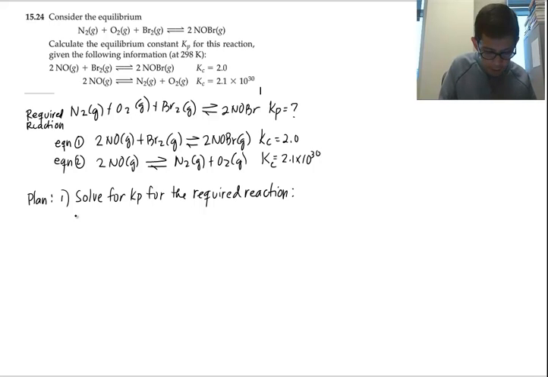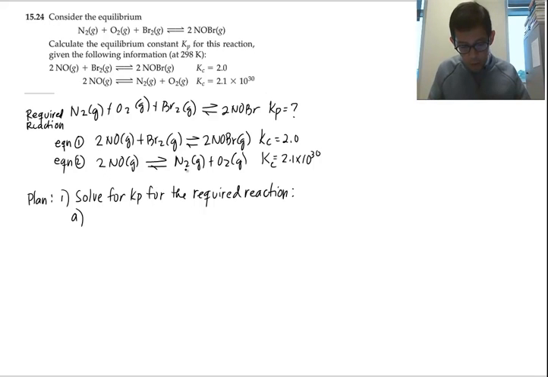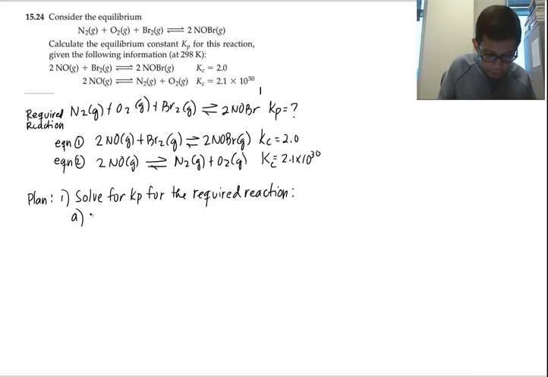And how do we do that? If you look at the original equation, the N2 and the O2 are on the left side, and if you look at equation 2, the N2 and the O2 are on the right side. So it looks like we have to reverse